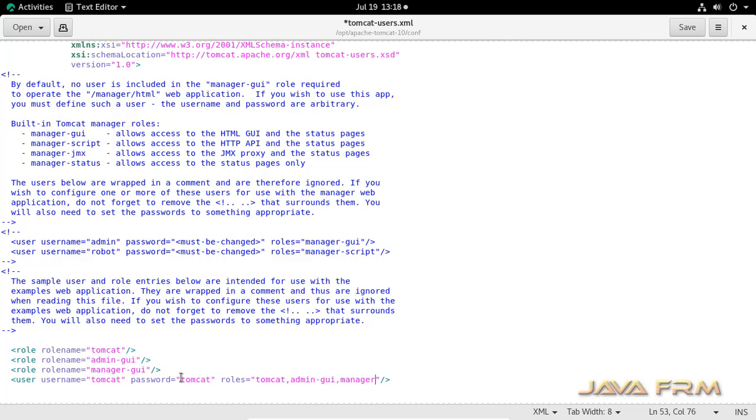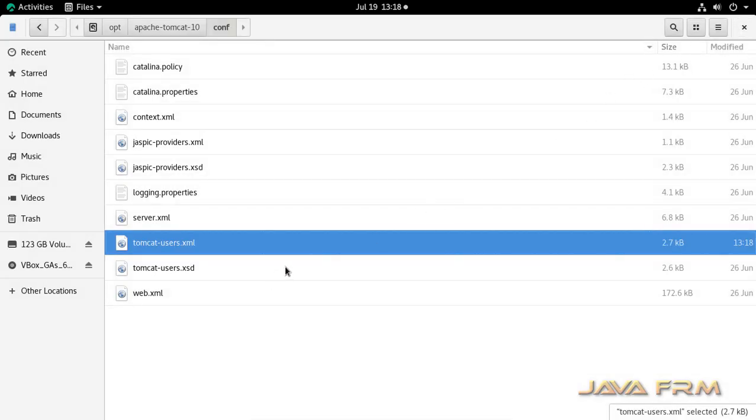The role names are admin-gui and manager-gui. The user will be tomcat and the password will also be tomcat. Make sure that you have the same content like this in tomcat-users.xml.